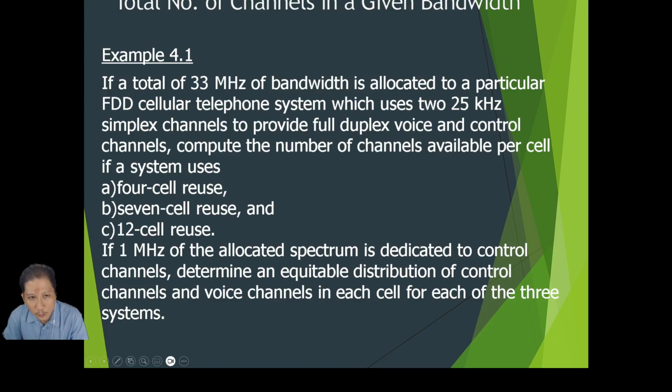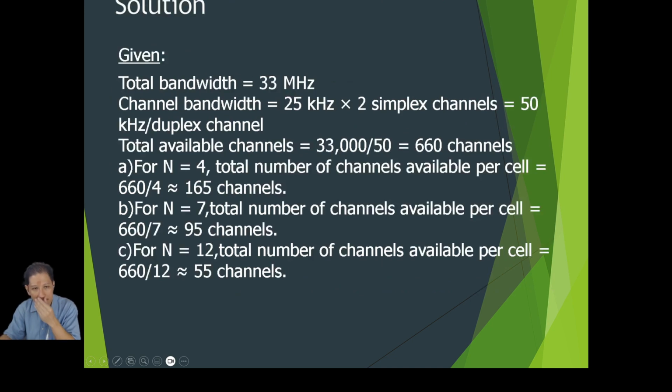Okay, this one is how to calculate the given bandwidth. For example, we have 33 MHz, uses 4 cell, 7 cell reuse and 12 cell reuse. If 1 MHz allocated spectrum is dedicated to control channel, determine the equitable distribution of control channel and voice channel in each cell for each of the 3 system. Jadi kita kira total bandwidth 33, channel bandwidth we multiply by 2, total for A, N is 4, approximately kita kena ada 165 channel. Kalau for N equal to 7,